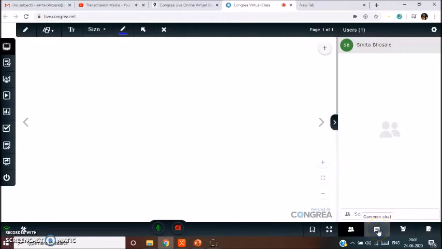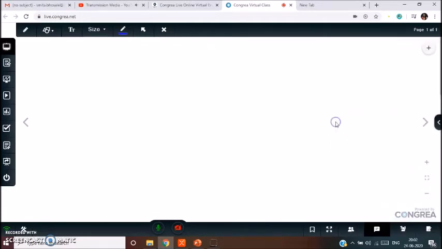By means of this icon, you can start the chat. So this is the chat. This icon can be used to raise the question. You can also add notes by means of this icon. This arrow can be used to move sidebar. So click on this and you will get the full size of the window.